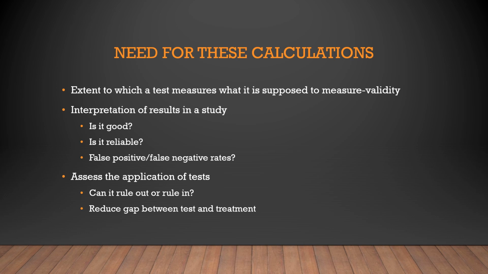False positive and false negative rates. So what are the chances of that in a specific test? All of this you will get from your sensitivity, specificity and predictive values. You need to know where to apply this test, when to apply this test, how to apply this test, whether it is going to help you rule in a disease or rule out a disease, or whether it is going to be the end point of testing for that particular patient, so that once the result comes, the patient can be shifted over for treatment. For all of these things, you need these calculations.